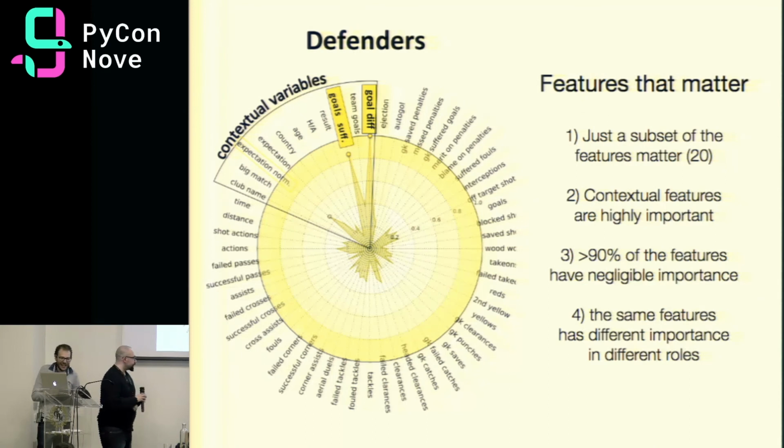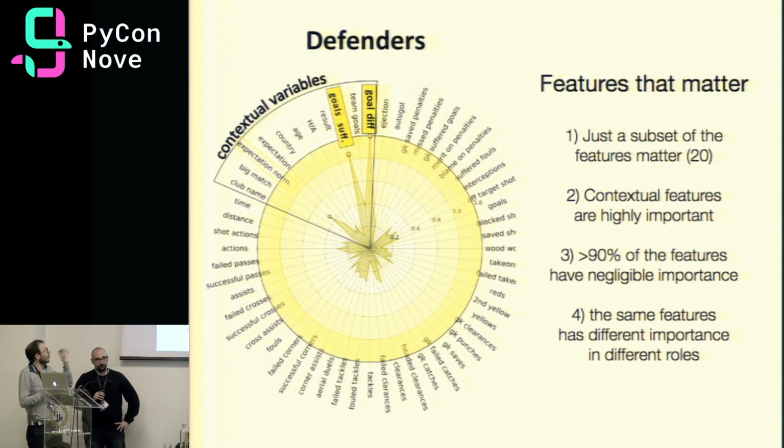An extreme case of contextual bias is for defenders. As you see, the most important features for defenders are mainly contextual, so goal difference and goals suffered. So basically, this means that the evaluation of defenders is based almost